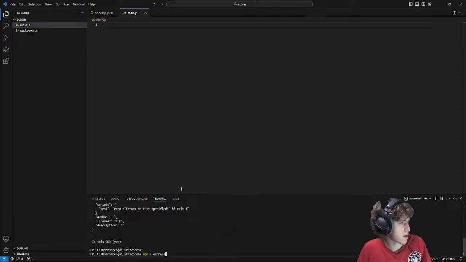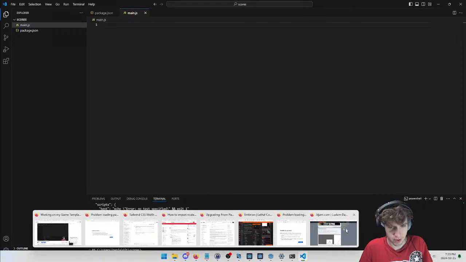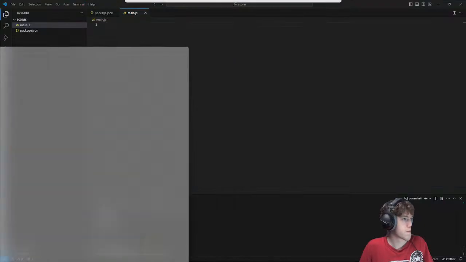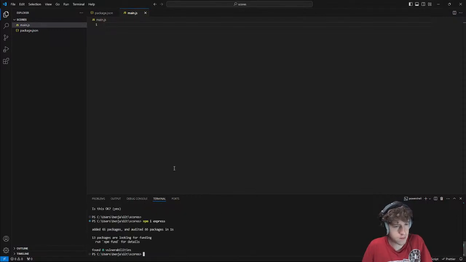I think I just call it Express for the package name. I can double check that. I think I have a browser in this monitor. Yeah. Express.js npm. Yeah, it's just Express. Okay.